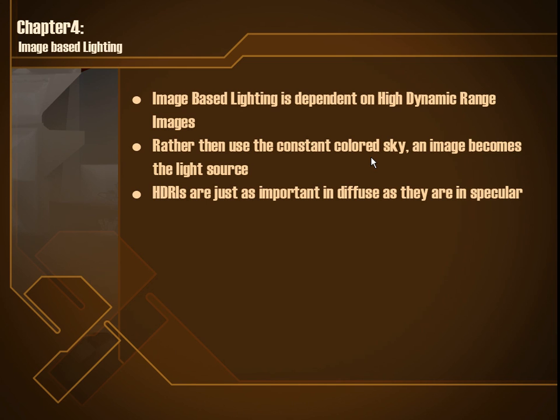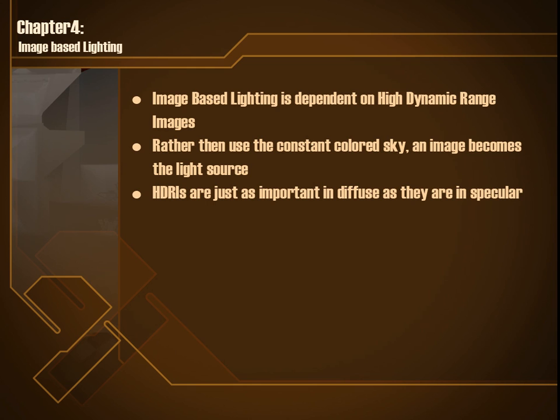Okay, now that we have an understanding of how to do lighting with skylights, what I want to talk about is doing lighting with images, and that's usually referred to as image-based lighting. And when we're doing that, what we are most dependent on is high dynamic range images. So basically what that means is rather than using our sky, we're going to be using an image to light